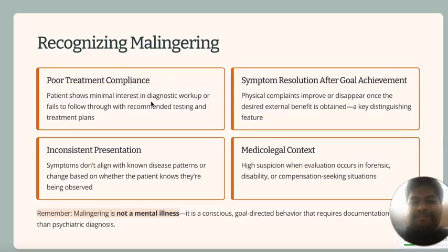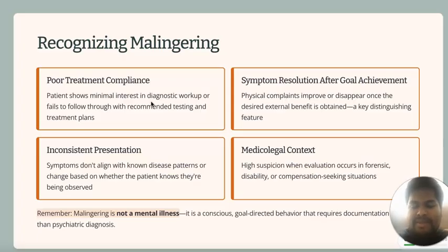So that's malingering. And now if you try to do any diagnostic workup or run tests on the patient, or prescribe some medications, the patient just tries to avoid that. That's poor treatment compliance and malingering. And as soon as the goal is achieved, they say that the symptom is already relieved. And yes, they have inconsistent presentation. That means symptoms don't align with known disease patterns,